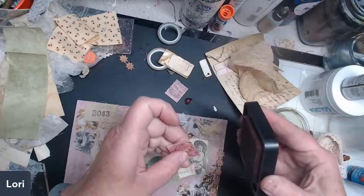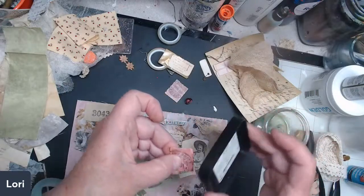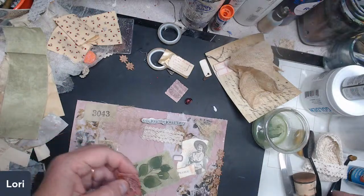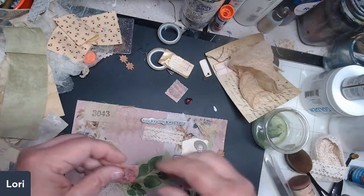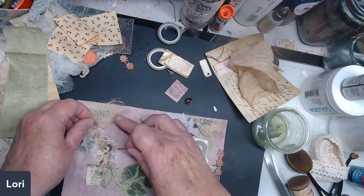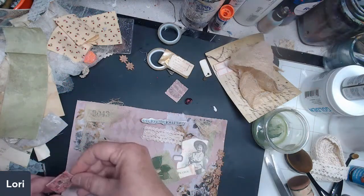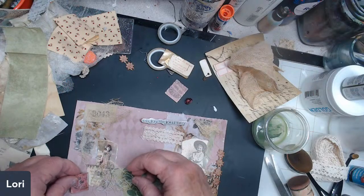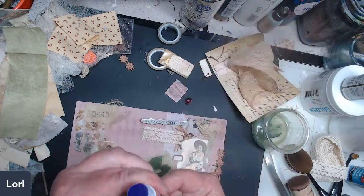I don't generally like to do this edging with Tim's. I don't like that surface for this kind of edging, but I'm doing it today. Now let's move this over a little bit so we can still see her sweet little face. And let's put this down here. Again, I'm coming back to my